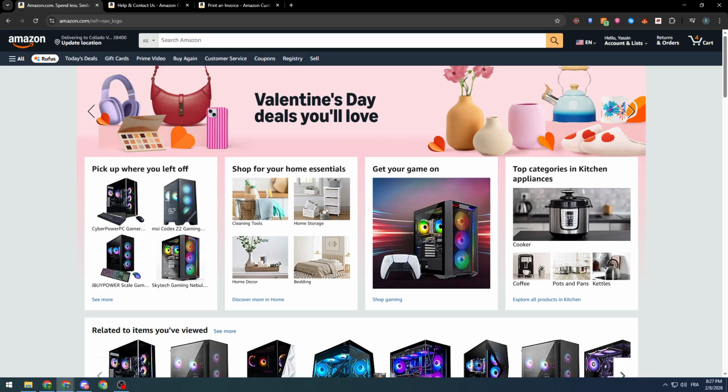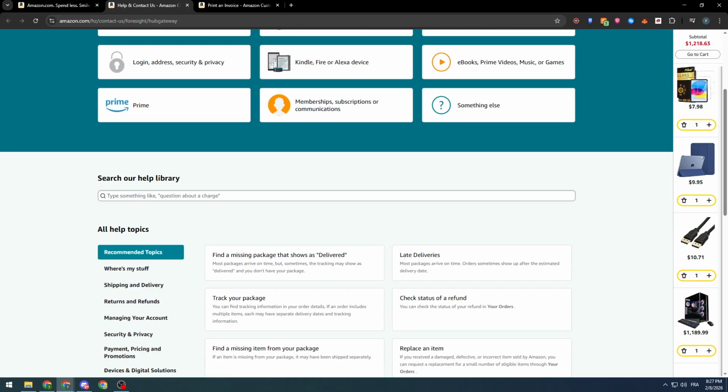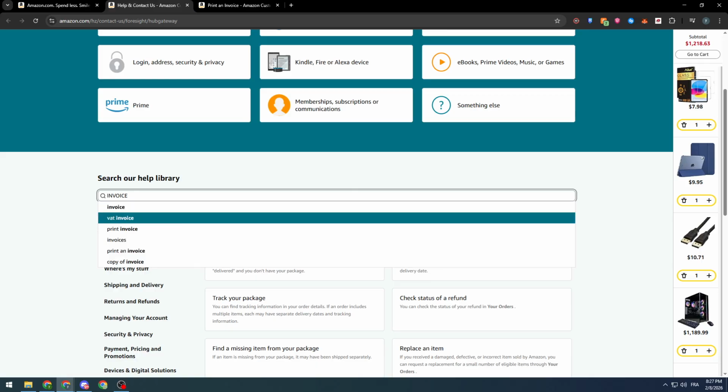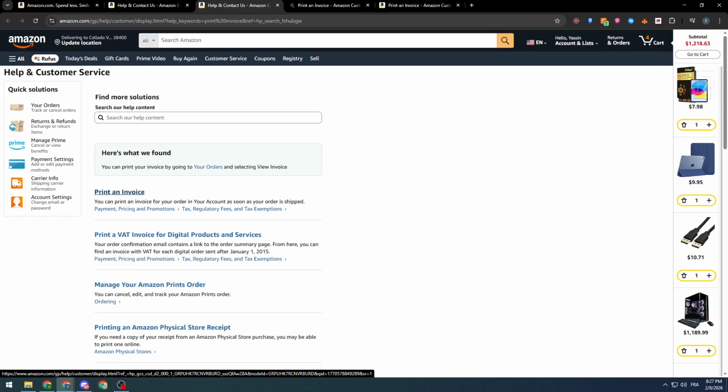They need to actually download an invoice from Amazon, which usually doesn't come with one when you buy from it. So how can we find the invoice directly, like download the invoice directly? There is a way: you can simply go to Amazon customer service and ask this question, like invoice. So how can we print an invoice? We can do this, and here we'll find multiple